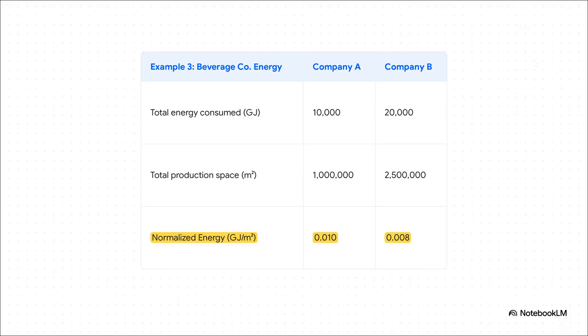Company B uses double the energy of Company A, 20,000 gigajoules versus 10,000. But again, you have to look at the scale. Company B's production space is 2.5 times larger. Once we normalize by that production space, it turns out Company B is actually the more efficient operator. It uses just 0.008 gigajoules per square meter, while Company A uses 0.010. That's a huge signal that they have better control over a major operational cost, which could mean stronger profits down